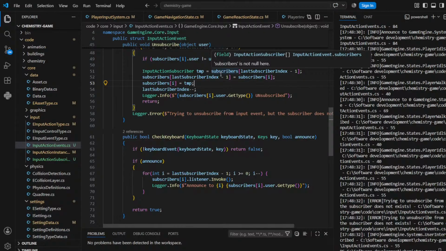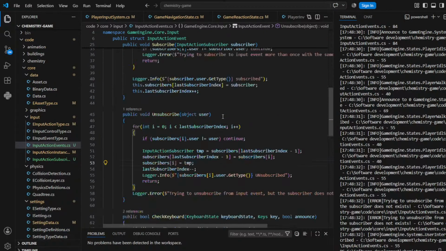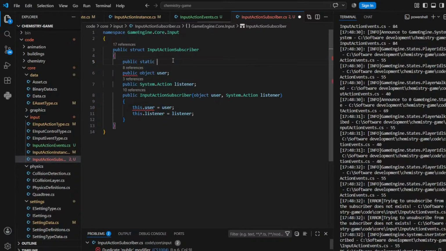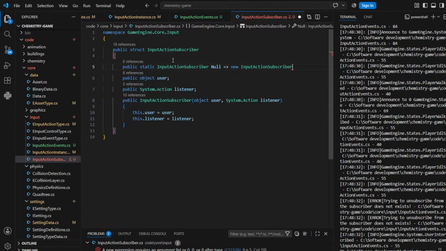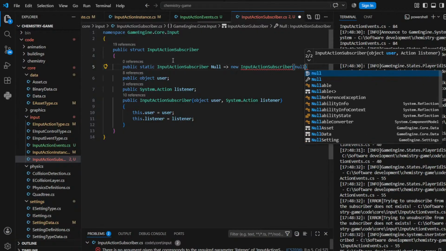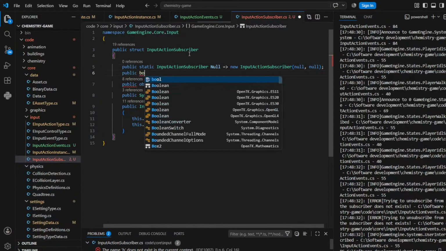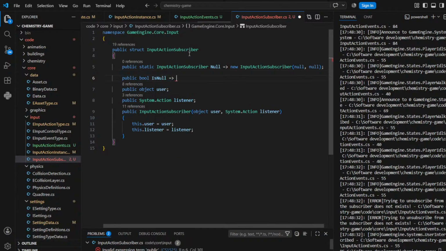I'm thinking of a better solution for this. Yes, I'm not going to do the swapping. I'm going to do something different. So I'm going to have here a public static input action subscriber, which is going to be a null subscriber. And this is going to be one which has a null user and a null listener. Okay, and then we're going to have something called public bool is null, which is going to